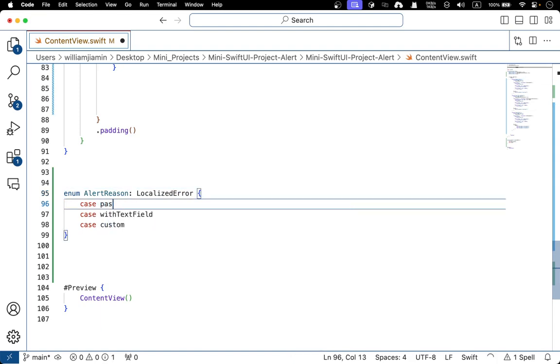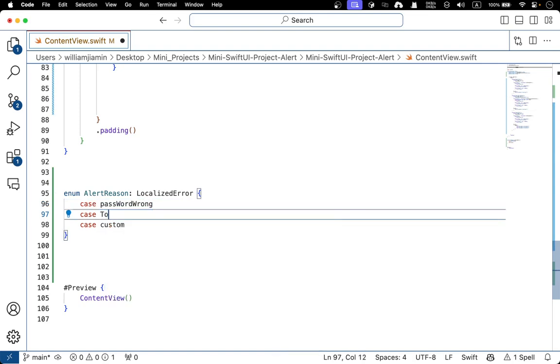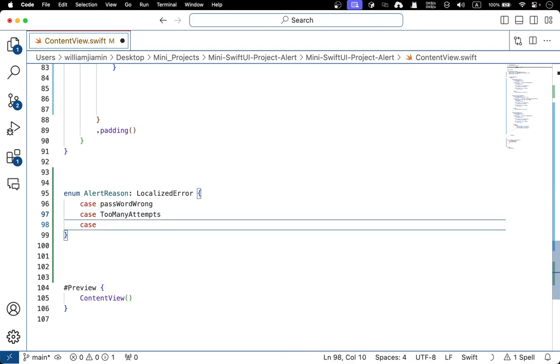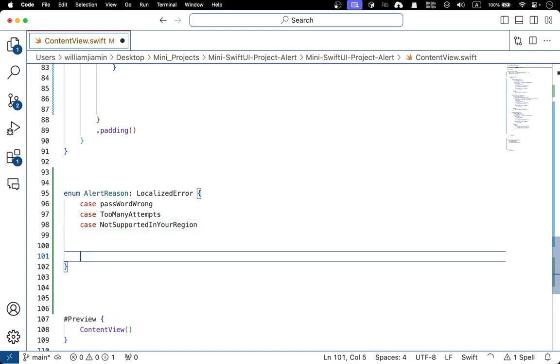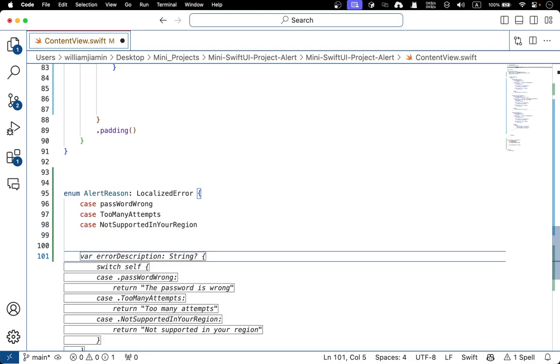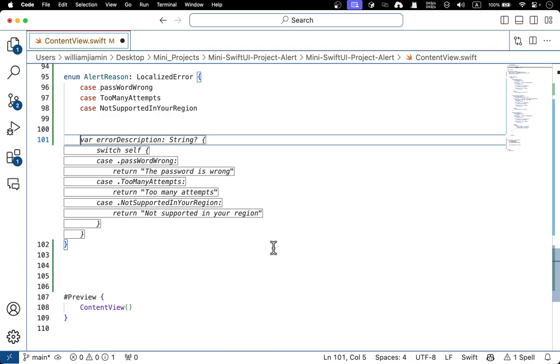Okay, so for example, this is just some dummy data. Password wrong, and I don't know, too many attempts, and say not supported in your region, something like that. So basically you got different scenarios. Of course you can add a lot, and then you can have the error description using an optional string,